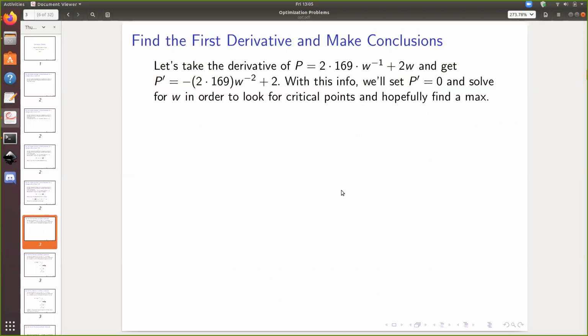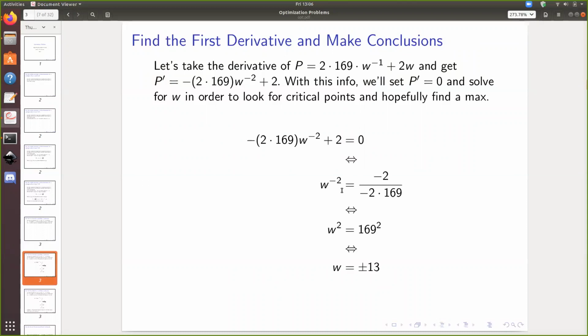So with this info, we'll set the first derivative equal to 0, and we'll solve for W in order to look for critical points, and hopefully that'll give us a maximum. So we set it equal to 0, and I move the 2 over to the right-hand side. Then we divide by this negative 2 times 169, and we get this fraction over here on the right-hand side on line 2. The 2's cancel out, and then I basically just flip both sides, and we get that W squared is equal to